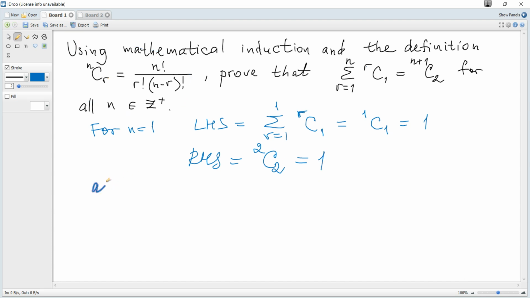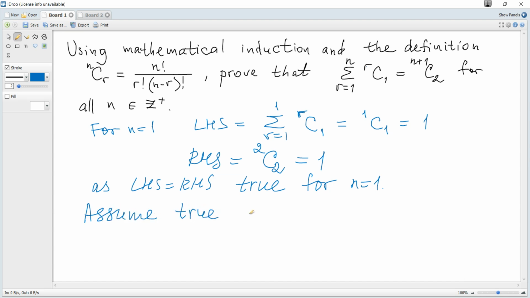So as the left hand side is equal to the right hand side, true for n is 1. The next step is, as usual, we write assume true for n is k, and just rewrite this, substituting k for n, so it becomes the sum for r from 1 to k, the number of combinations 1 out of r is equal to the number of combinations 2 out of